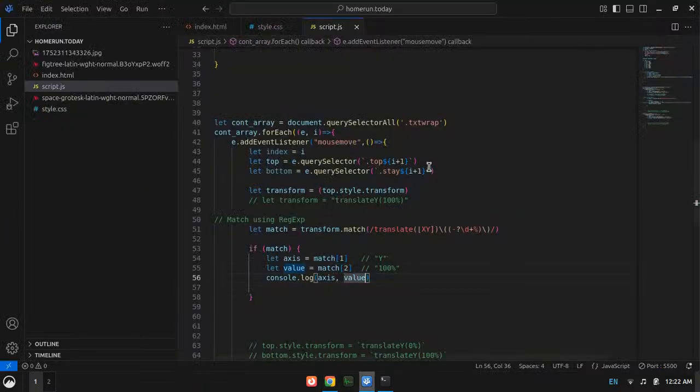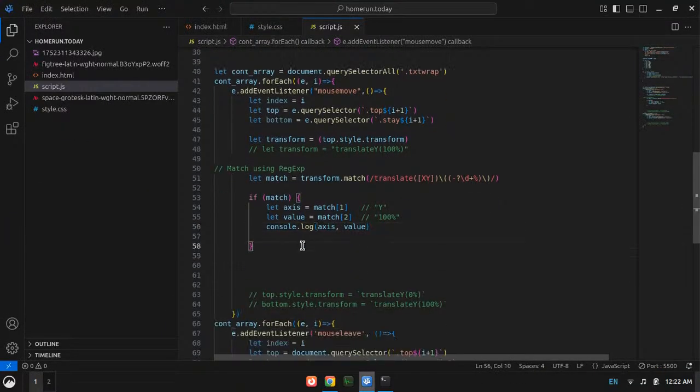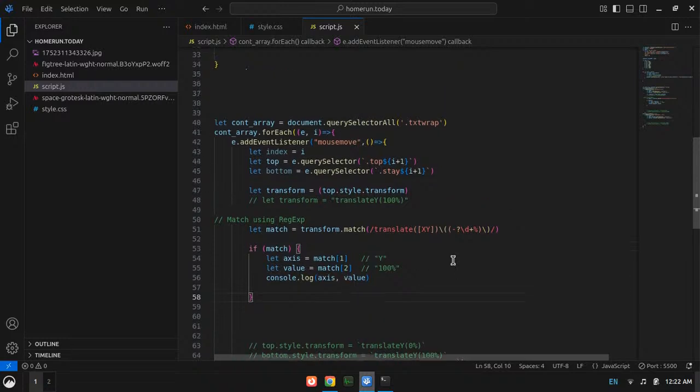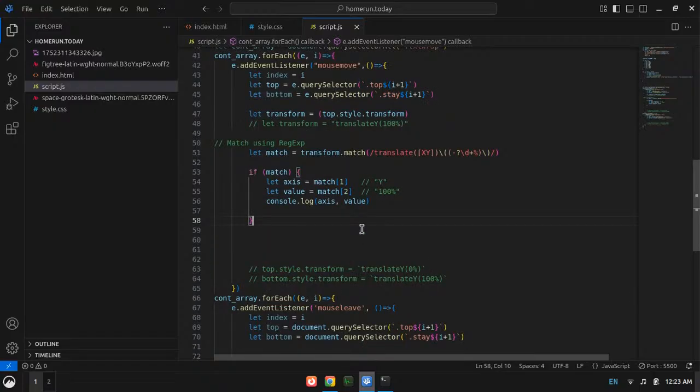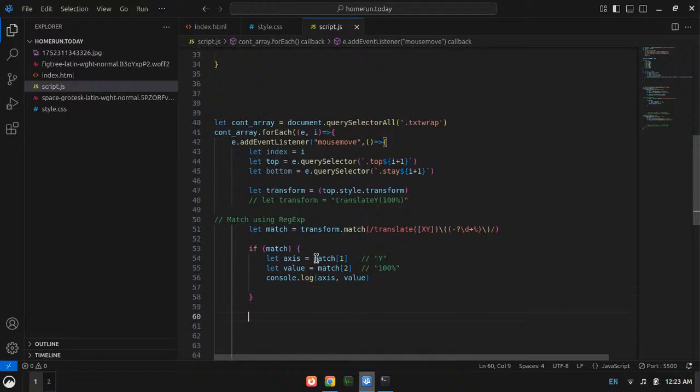Yep, it works. Now what do I need to do? I have axis and I have console, right?